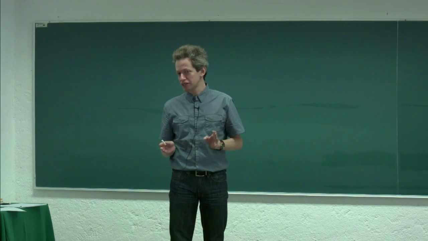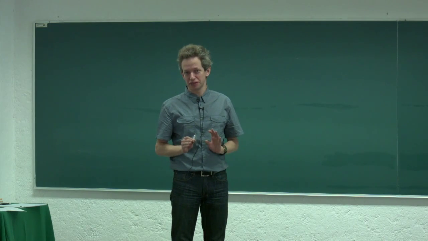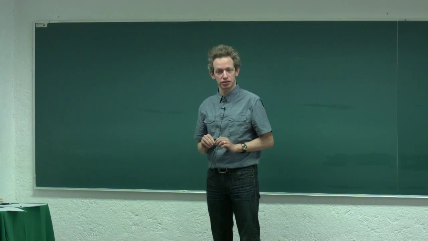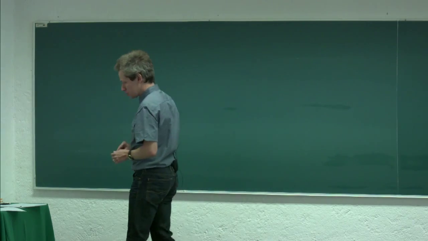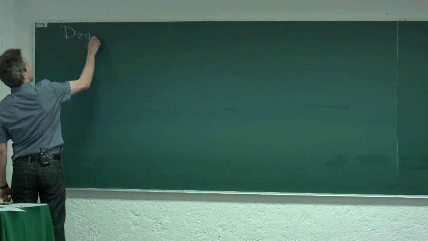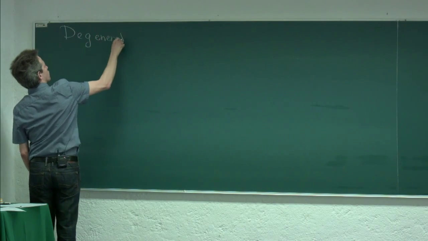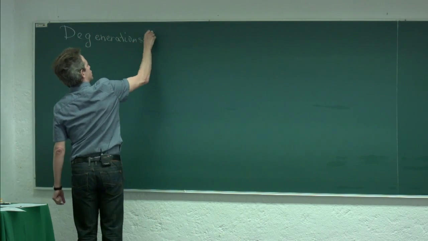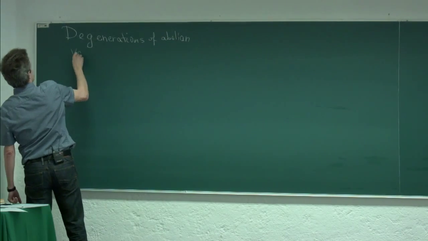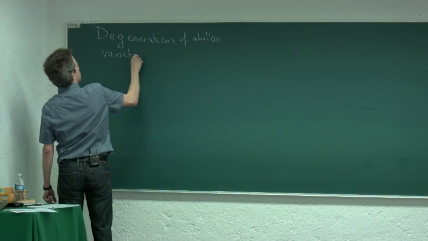But if you were not there, like some distinguished members of the audience, you should forget it. And I'll tell you what the degenerations of abelian varieties are anyway. So we'll do this for a while, and then we'll move on. So this is about degenerations of abelian varieties. And what I really want to do is compactify